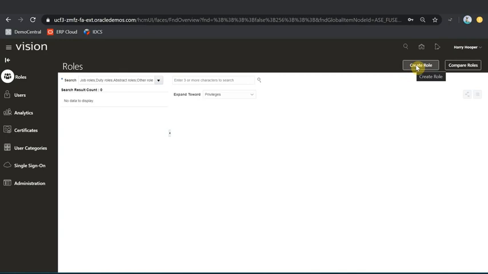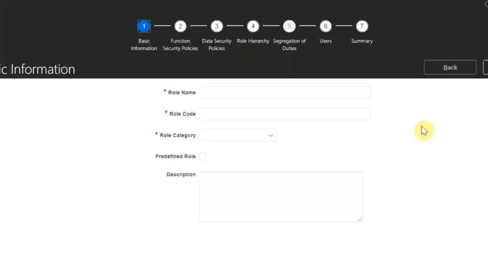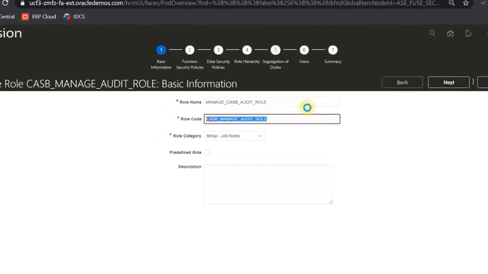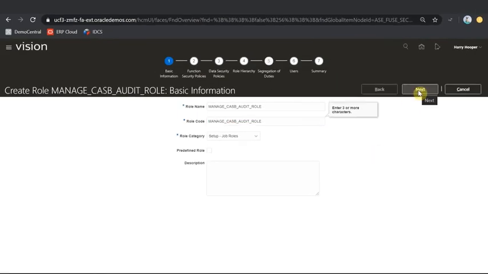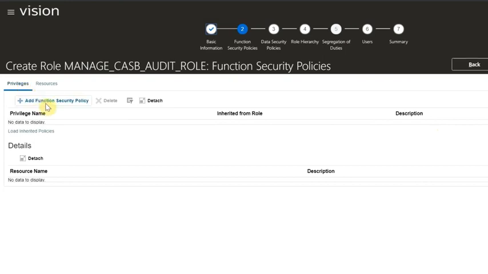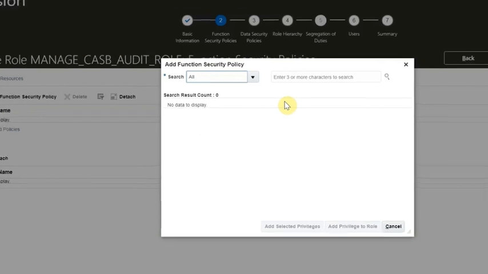Copy that entry into the role code box. Set role category to Setup Job Roles and then click Next. On the Function Security Policies page, click on the Privileges tab and click on Add Function Security Policy.